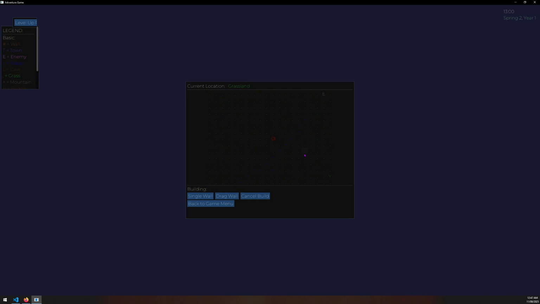A persistent world map is obviously very important. Towns and caves, other characters, AI, not the AI now, but how other NPCs and potentially players interact. I'm contemplating networking. I haven't really done much networking. I made a Bananagrams JavaScript project a couple of years ago, so I've done a little bit of networking, but nothing in C++. So that could be something.